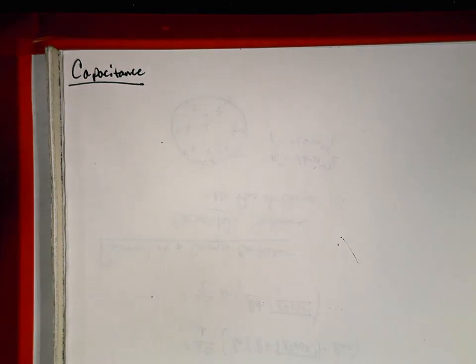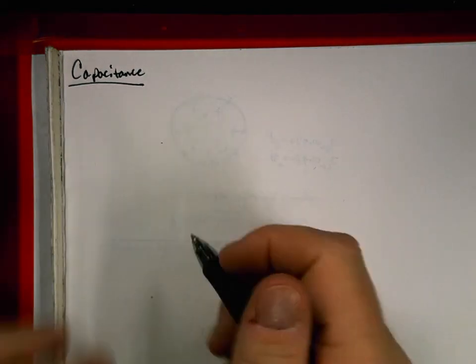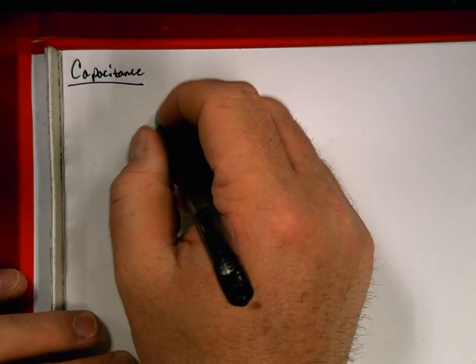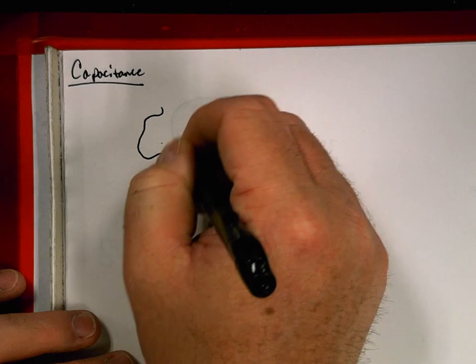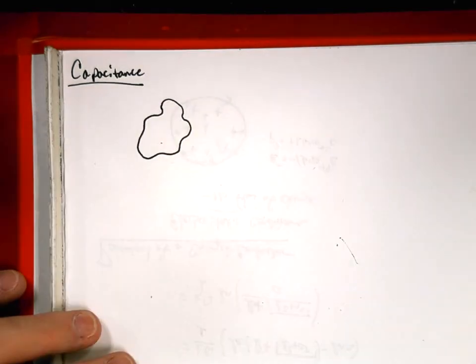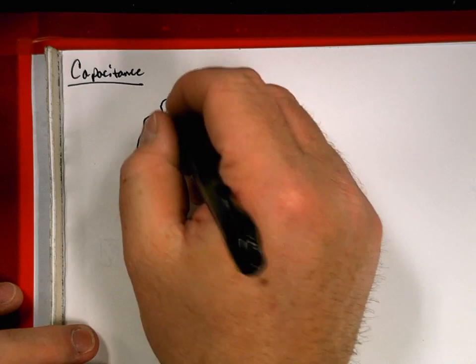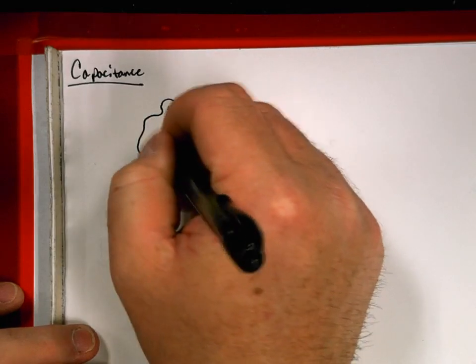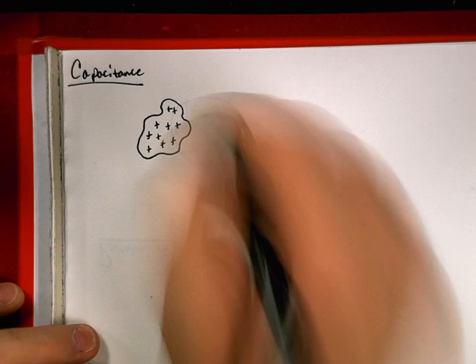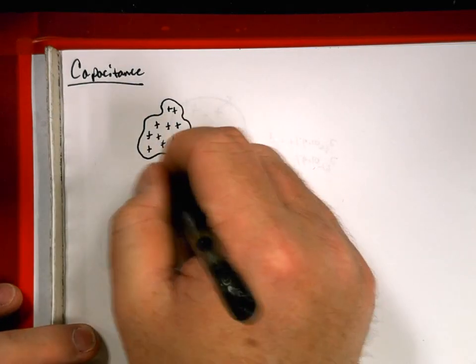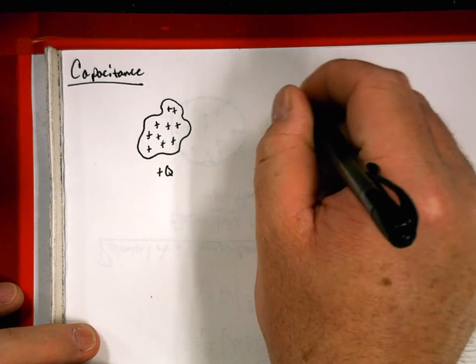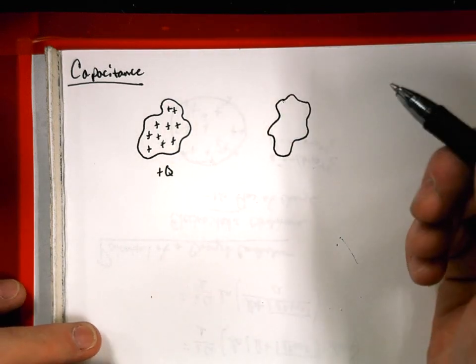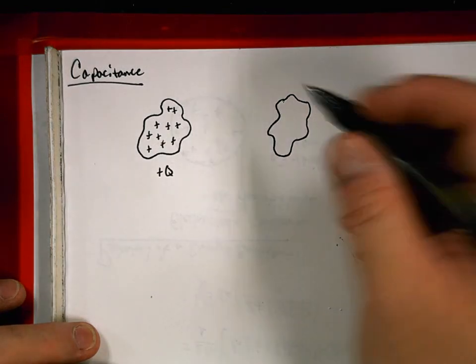Our capacitance. Okay, so there's a new concept here of capacitance, and so we're going to set the stage a bit. If we have two charged conductive objects, okay, and so we have one here that has a positive Q, and then we have another one over here. But what we've done is if we create a separation of charge, okay, somehow we were able